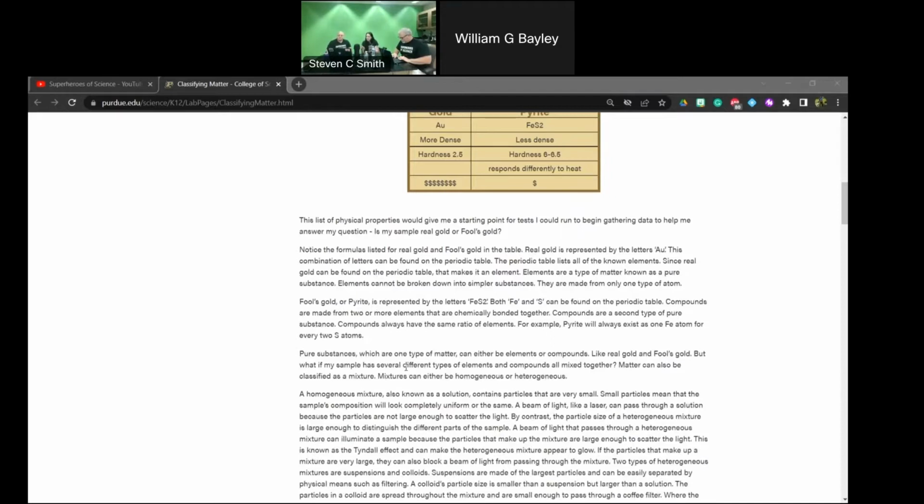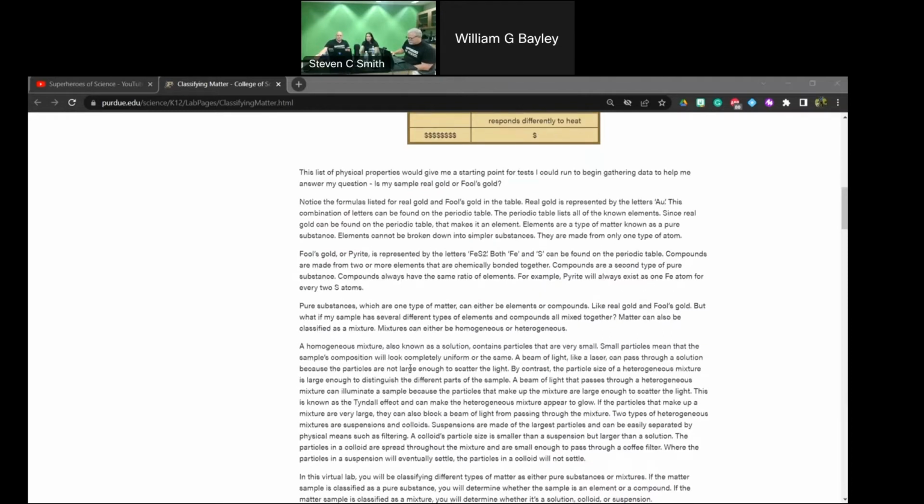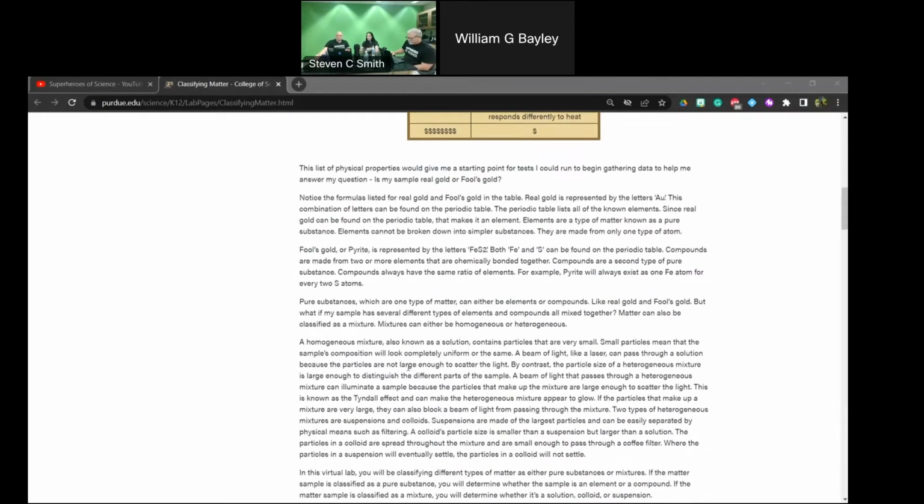what if we're panning this gold and it's not gold and it's not fool's gold? How likely would it be that it would be down to gold or fool's gold? What if it's just a combination of things, like a mixture? Mixtures are another type of matter, and mixtures can be either homogeneous or heterogeneous. We have more tests that we can do to differentiate types of mixtures.